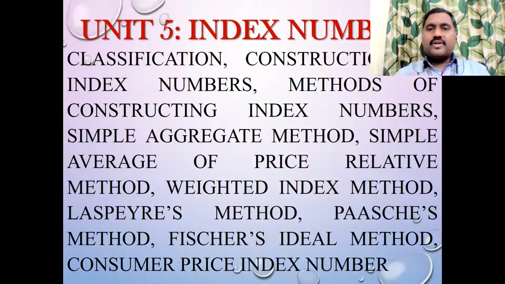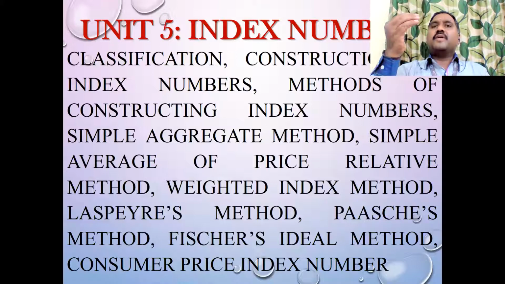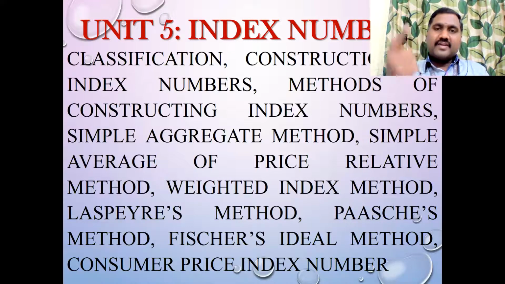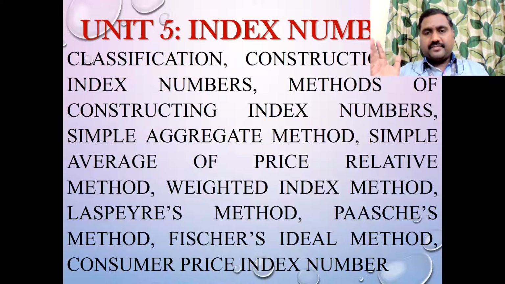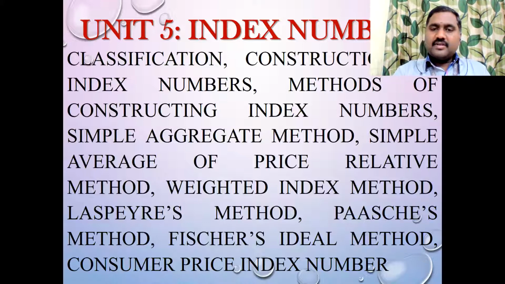Is it clear now what the index number is? Any doubts in the index number? Clear the concept of index number, because without understanding the base in terms of index number, you will not be able to understand when we are working out the problems. You will ask a lot of questions, like why are we working the problem under the simple method, why are we comparing this, and you will get confused. That's why I'm giving a detailed explanation of what the index number is. Any doubts? Clear about what the index number is?